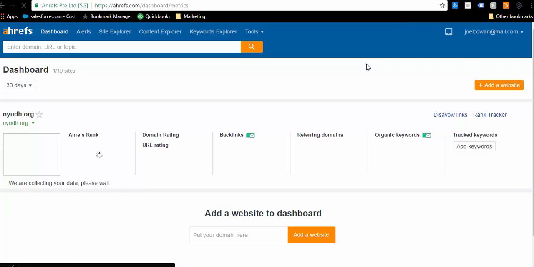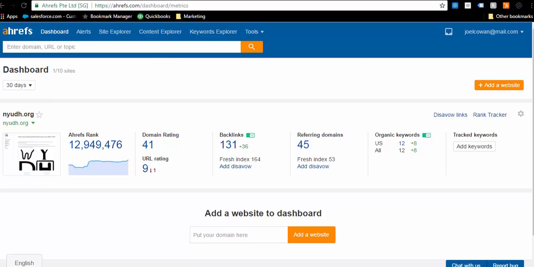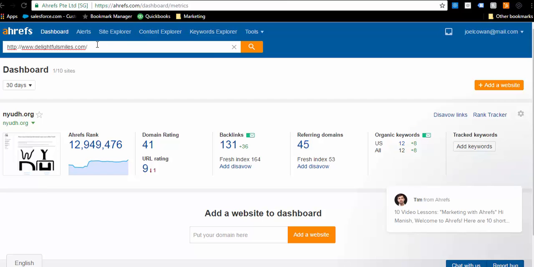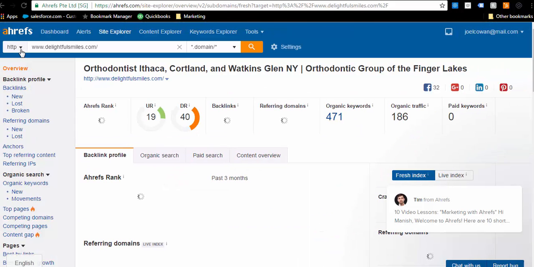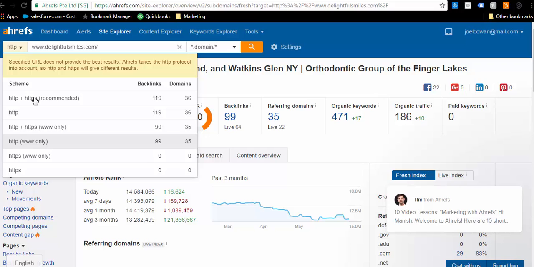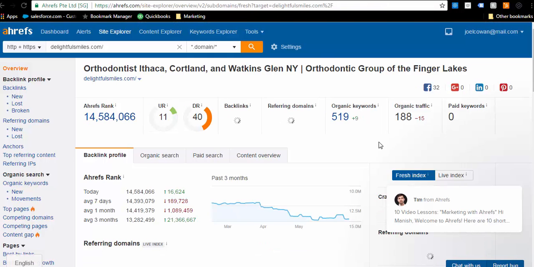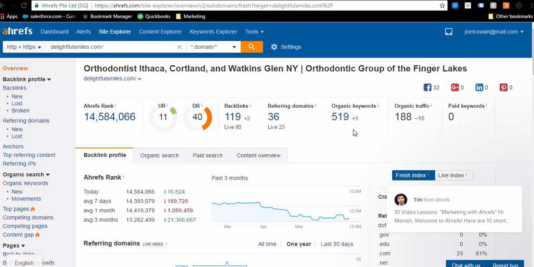Let's check here. Now this tool that I'm opening right now is basically an analysis tool of websites, and it'll tell me roughly how much traffic this site is getting. It's not exact, right? It's just a tool. It's not Google, right? But let's see here. Okay, so this Ahrefs tells me that this website is ranked for 519 keywords, and it's getting roughly 188 organic